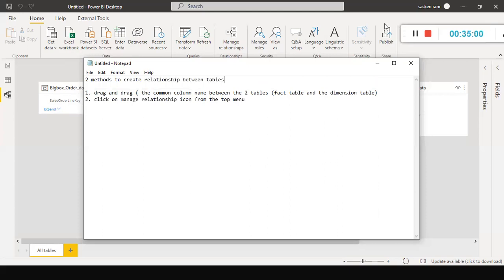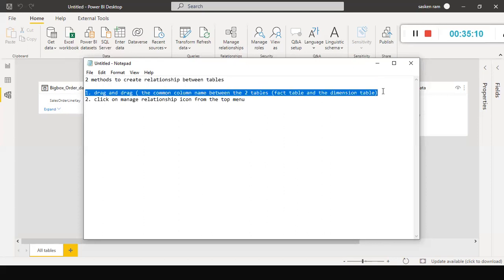Very simple. Right. So either you can use this one or you can use this one. Even if you use drag and drop, to make sure that the link has been created correctly using the correct column names, better you go and check the relationship you created using the manage relationships icon.